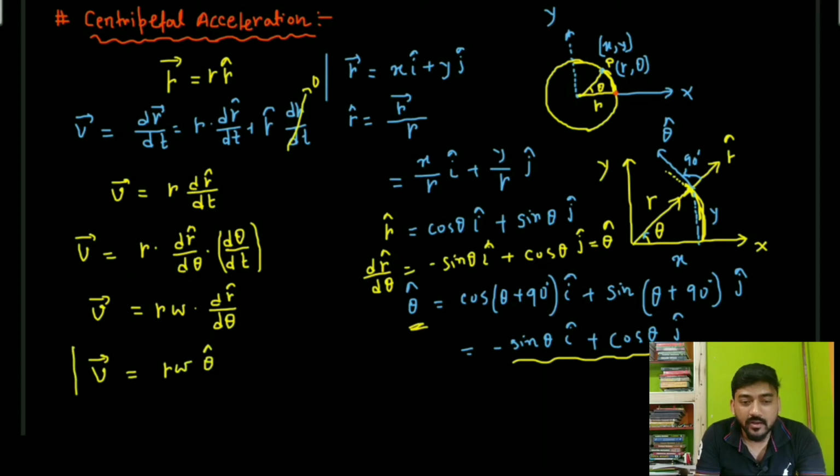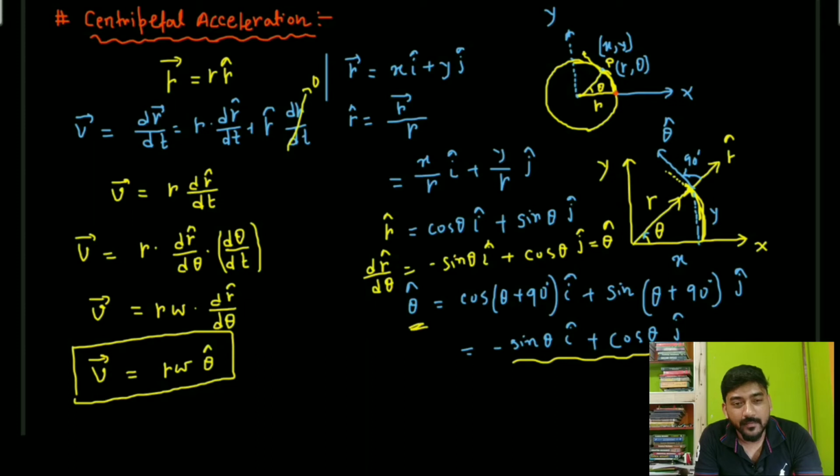So what is the meaning of this? The velocity of the particle is actually along the tangent, along the transverse direction, because it is along the theta cap direction. So velocity is only along the theta cap direction for circular motion. But please keep in mind, I am not considering uniform circular motion here. I have taken the general case. For uniform circular motion, omega will be constant, so the magnitude of v will also be constant, meaning the tangential speed will be constant. I will take that later on. First let me find the general case, then I will move to the special case.